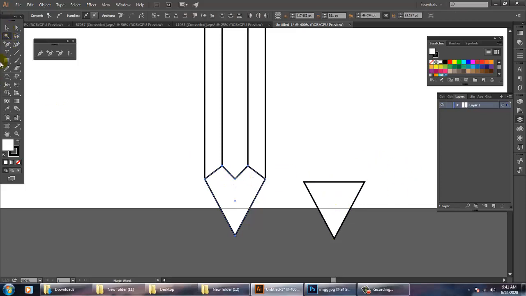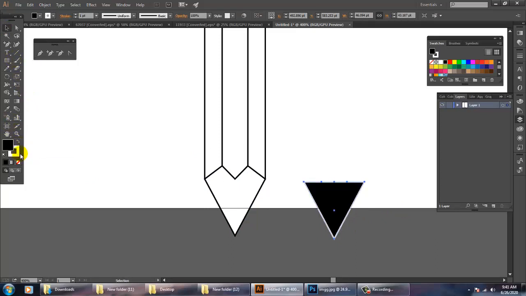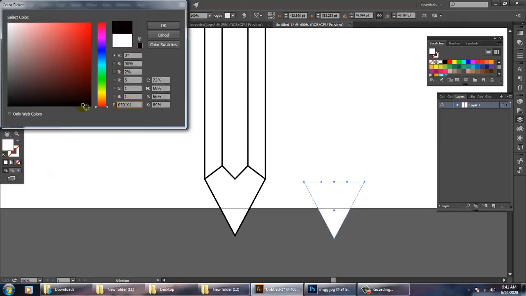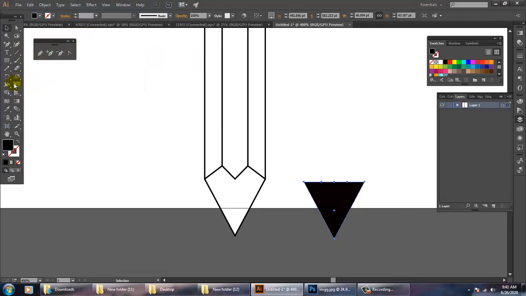Select this and fill a color. Let's give any color to it and let's scale it over here. You can easily scale this and you can place it over here.